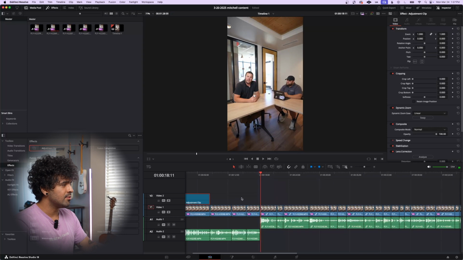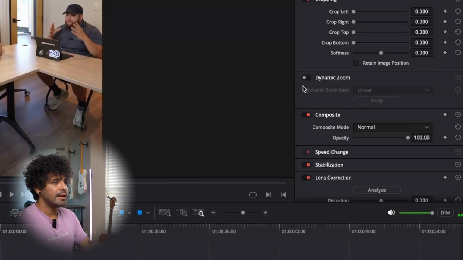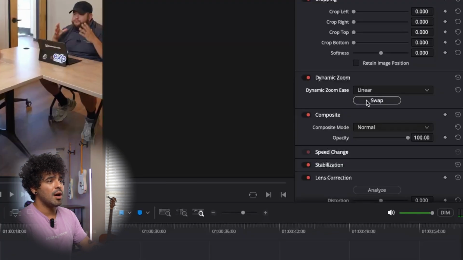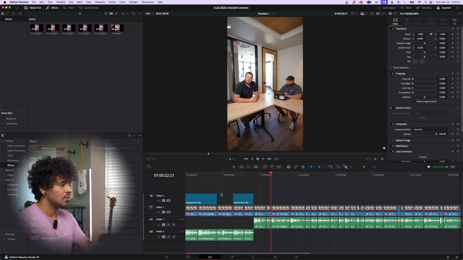And then for these last two video clips, I want to have a zoom in effect. So I'm going to drag in another adjustment clip, make it cover the two clips, select dynamic zoom again, and then press the swap button so it zooms in instead of zooming out. Now I can just copy and paste these two adjustment clips wherever I want a zoom in or a zoom out to be. So I'm going to let this first clip of him speaking be the normal zoom,